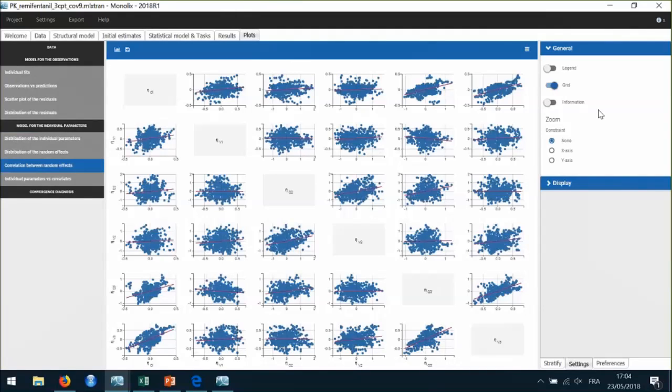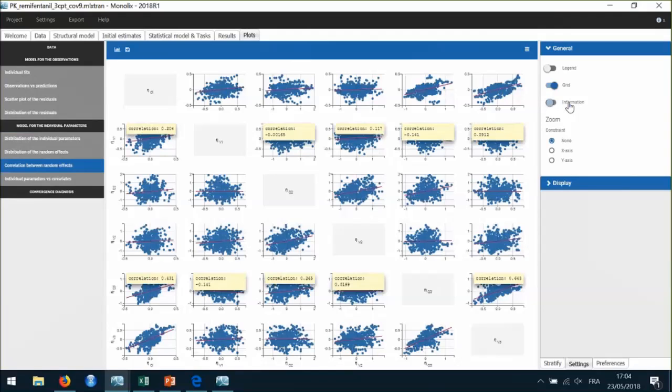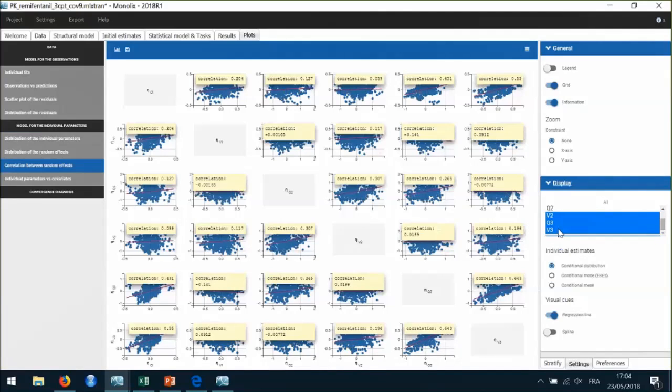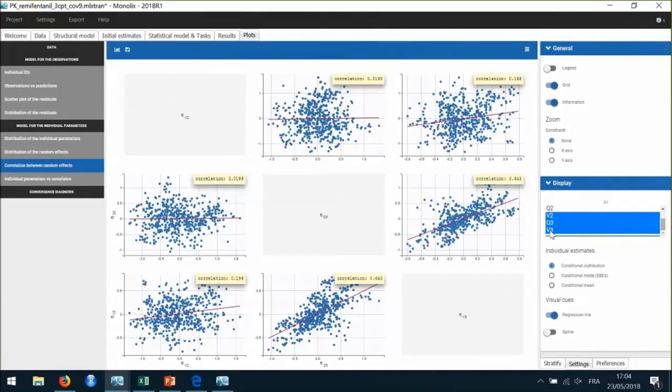And on this scatter plot, correlation coefficients can be displayed by clicking on information. And I can select some parameters to better see what is going on, because here I have many parameters. So for example, I can focus on the last 3 random effects, like this. And here I see, for example, that there is a high correlation between Q3 and V3.